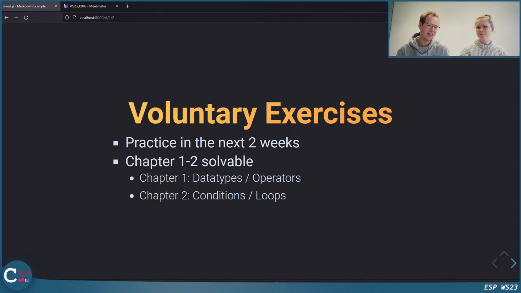There are, I believe, some challenges because we haven't explained everything there, but if you invest some time you should be able to do them, and then you really have a head start for November, where we really go into C. Also, at the end of the stream, we'll probably give you some suggestions of what you could do with what you learned in the stream today, and how you could extend the examples we'll program. So you can really practice a lot.